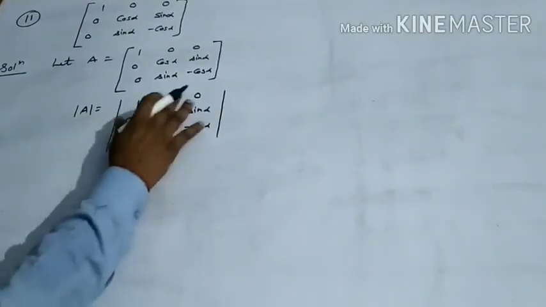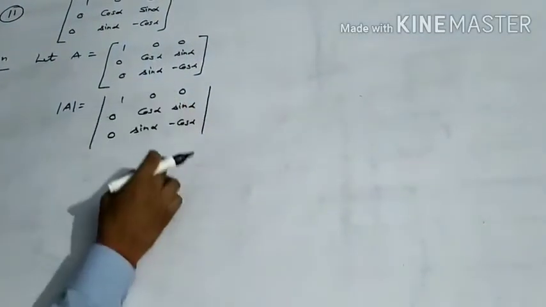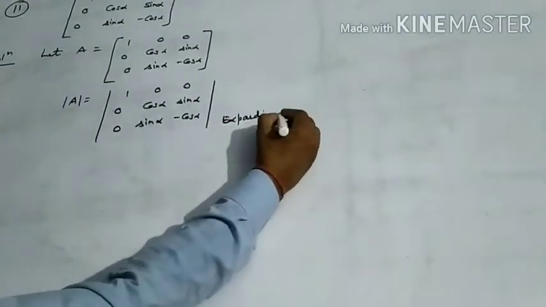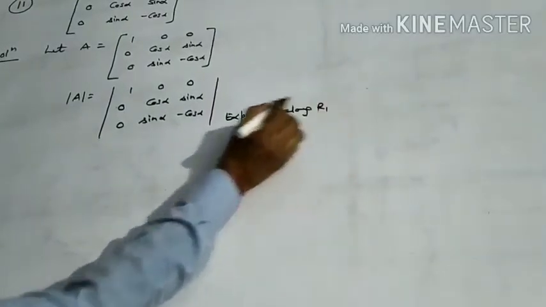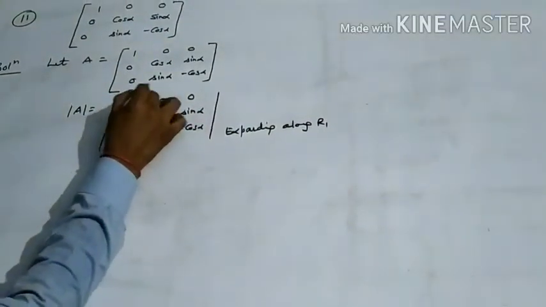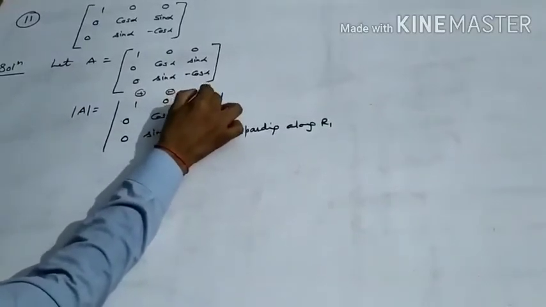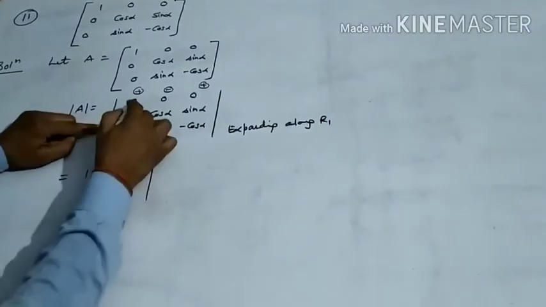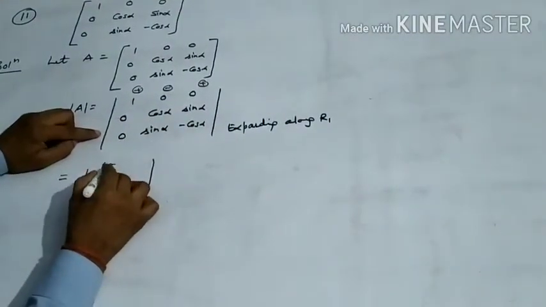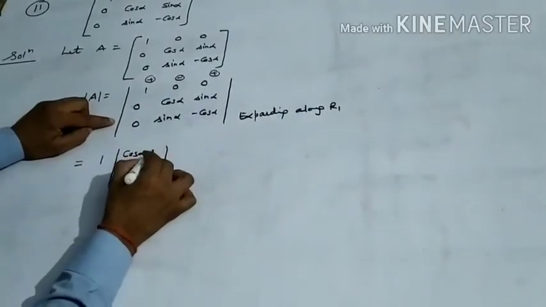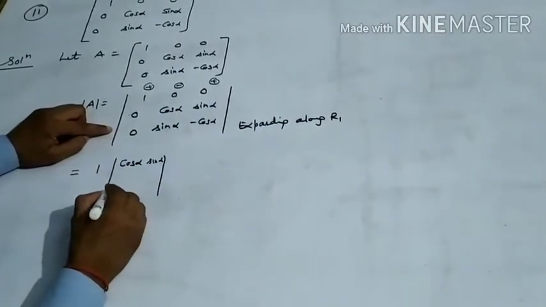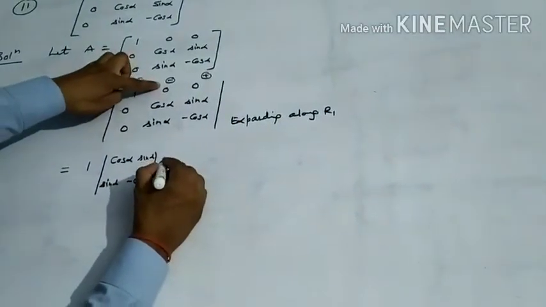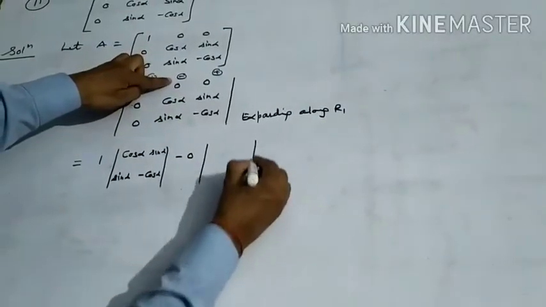Suppose we are going to take the first row, so we are expanding along R1. The signs we are making are plus, minus, plus. So this is equal to 1, and then after taking the subdeterminant, leaving the first row and first column, this is cos alpha, sin alpha, sin alpha, and minus cos alpha. Then this is minus 0, and then the subdeterminant after